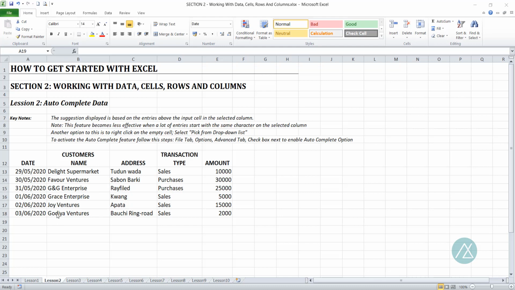The autocomplete feature helps the user to complete a cell input based on previous entries, making suggestions based on previous entries. Let's illustrate using an example. Let me input another transaction in this row 19. Let's say on the 4th of June, we made sales to Delight. Immediately I inputted D, you can see that the autocomplete